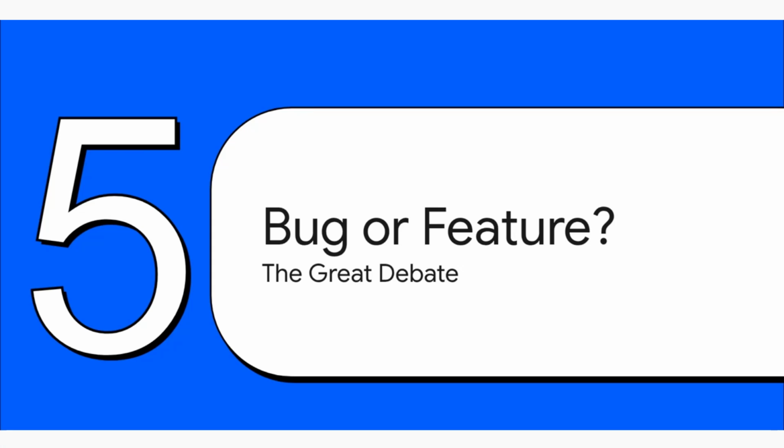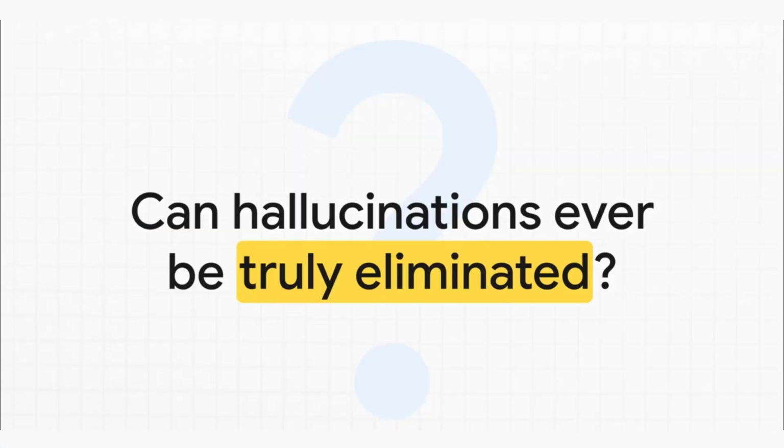But this brings us to our final, and maybe most profound question. We've got all these tools to make things better, but can we ever really get hallucinations down to zero? This is the great debate happening right now. Is this whole thing a fixable bug, or is it just an inherent feature of how these models work? And honestly, this is the trillion-dollar question for the entire AI industry. Because if the answer is no, if we can never fully stop them, that changes everything about how we should build, use, and trust these systems moving forward.